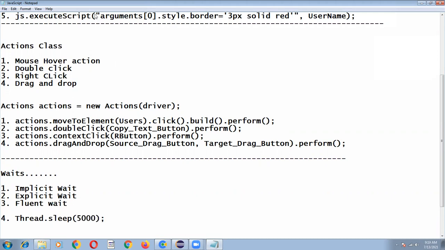First of all, we need to understand the concept of wait, and where we are going to use implicit wait, where explicit wait, and where fluent wait. We need to understand the background of waits: why we have to use waits, what is the purpose of the waits concept. First I will show you the issue in the application, after that we can understand why we have to write wait commands in Selenium programs.